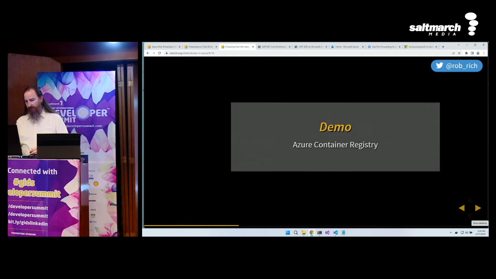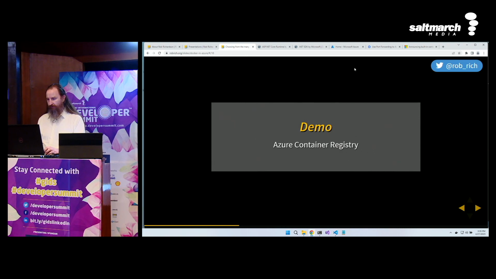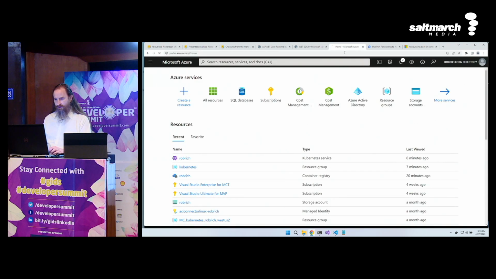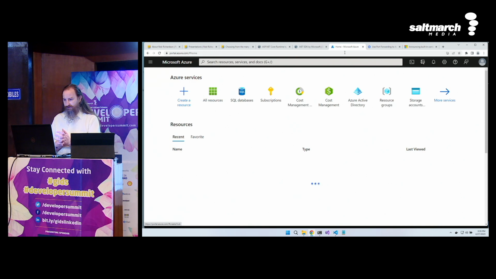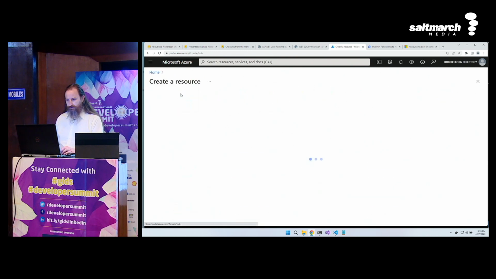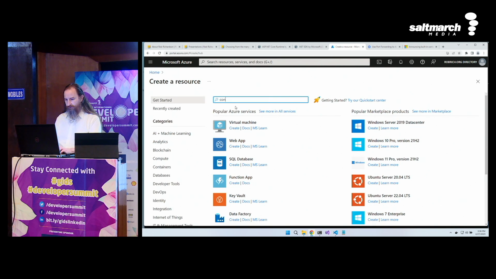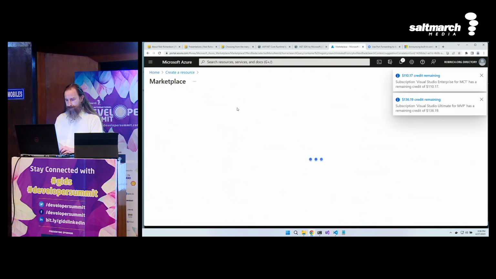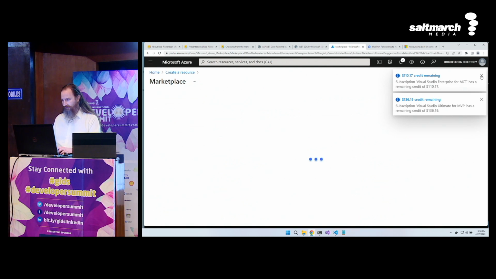So that's cool. Let's go to Azure. Make sure I'm still logged in. I am. Very nice. Let's create a new resource. I want to create a container registry. Yeah, JFrog is awesome.